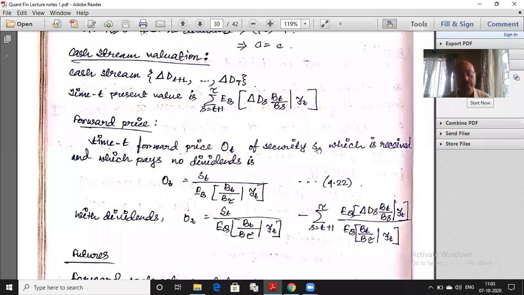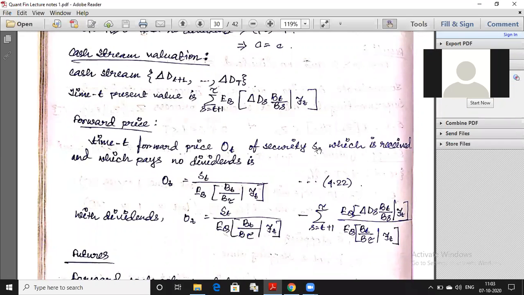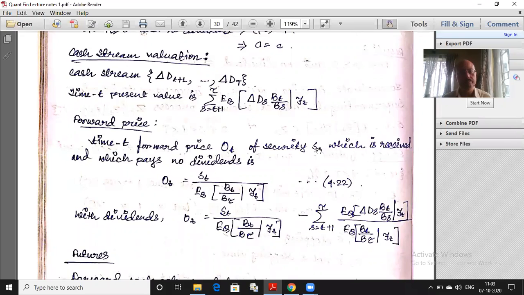So what should I expect? I have a stock now. I want to hold on to it for some time. What is the valuation of that? Now we already know that under the risk neutral probability, our discounted stock price does not change. So S star, delta S star n is 0. Expectation of delta S star n is 0. That we have already seen. Which means under risk neutral probability, we expect the stock to grow only at the bank rate.